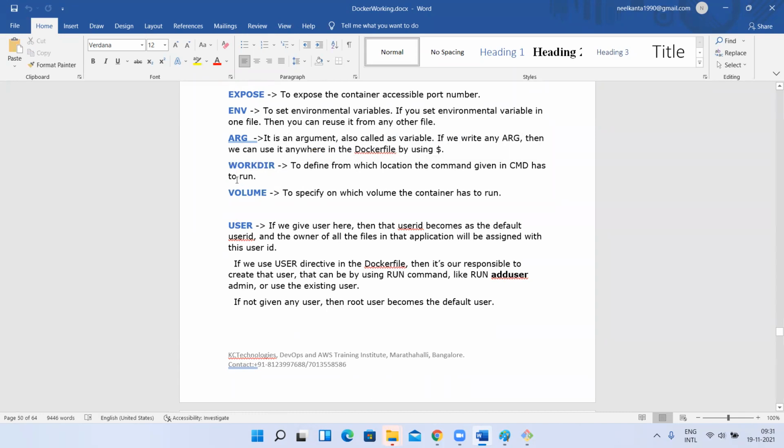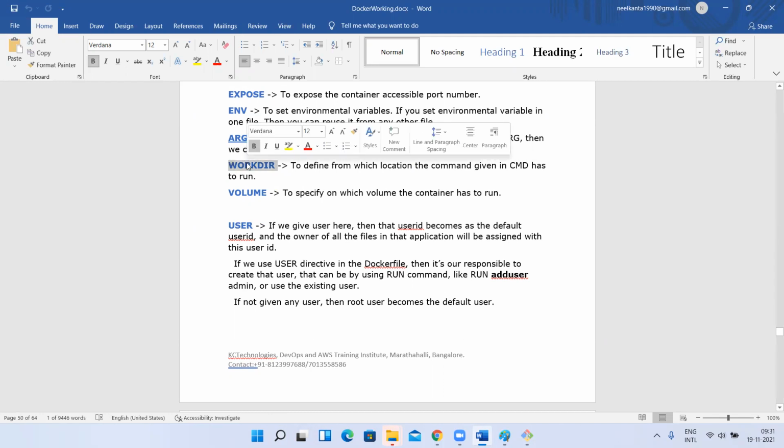In the WORKDIR, you have given a path like this, /var/lib/jenkins. Next, you have given CMD, catalina.sh run. Now, where will this catalina.sh run execute? On the WORKDIR path, whatever you have given. Understood, guys? Yes, sir. Right? If you don't give WORKDIR, by default it will run on its default path. But if you want to explicitly specify some path where CMD has to be executed, then that explicit path you can define for WORKDIR. Understood, right?